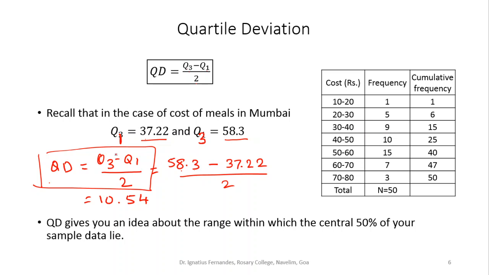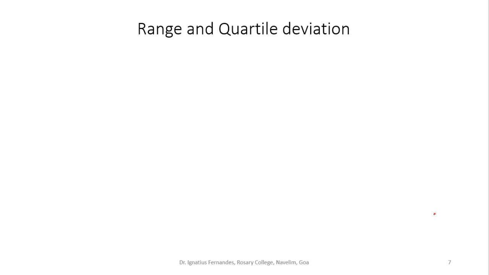Why 50%? Because we are using Q1 and Q3, and we know that Q1 and Q3 have 50% of the values of the data set between them. So while this quartile deviation uses Q3 and Q1, we are referring to the central 50% of the data set. So we are in a way looking at how far the middle 50% of the values are dispersed. That is what we try to find out in quartile deviation. So if I have to compare